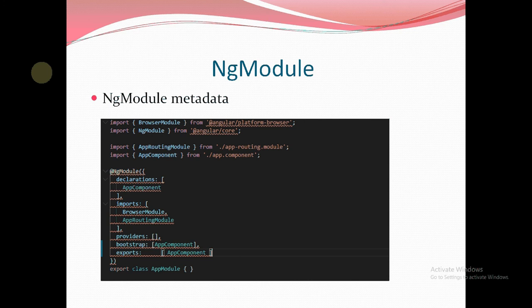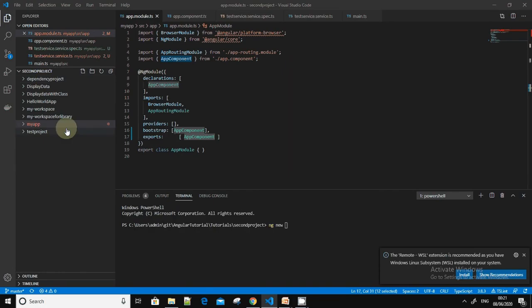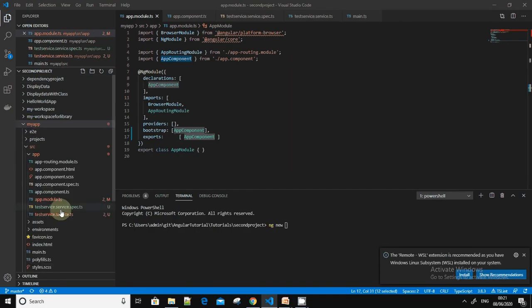As I've shown you here, this is how the component modules will look. If you go to the code, when you create an application, inside that there is an app.module.ts file. Inside that, you can see that the decorator ng module is used, and it is a normal class but with a decorator on it, and inside that decorator there are some fields like declarations. Declarations are used to define your components or services or other things like directives.